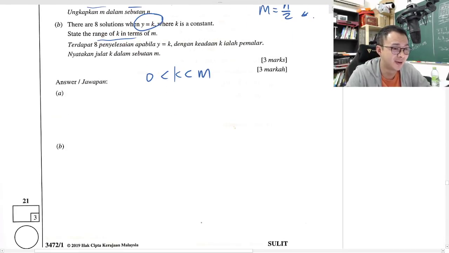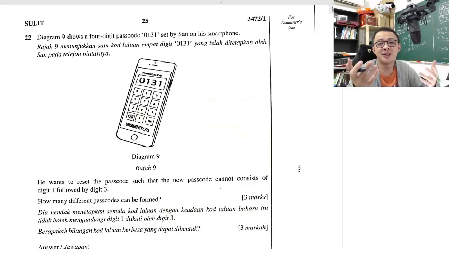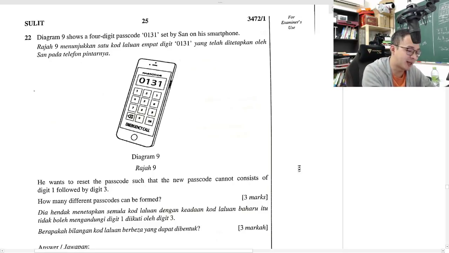Alright, so let's move on to 22. Okay, 22. Actually, I did make one video about this one, so here I will just quickly discuss this again. He wants to reset the passcode such that new passcodes cannot consist of 1 followed by 3. So what I'm doing here is I will minus all the possibilities for 1 followed by 3. Because it's a 4-digit passcode, right,